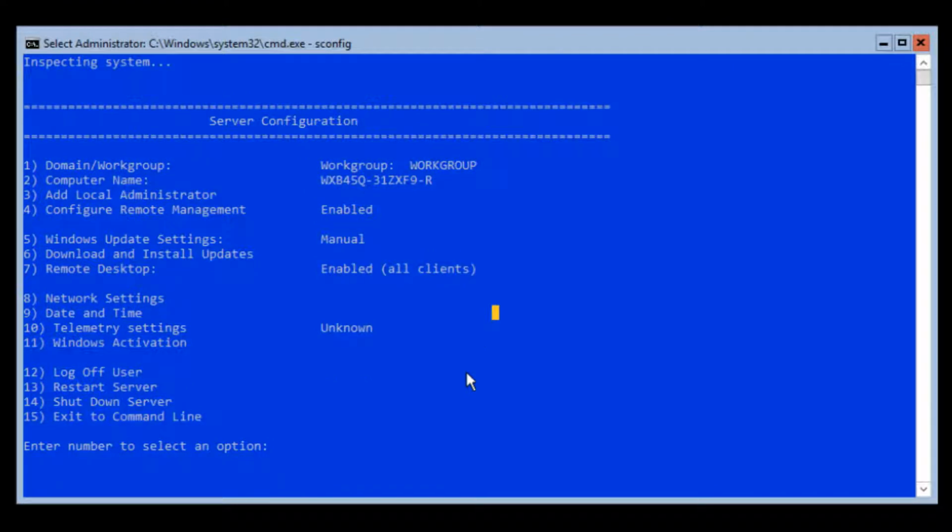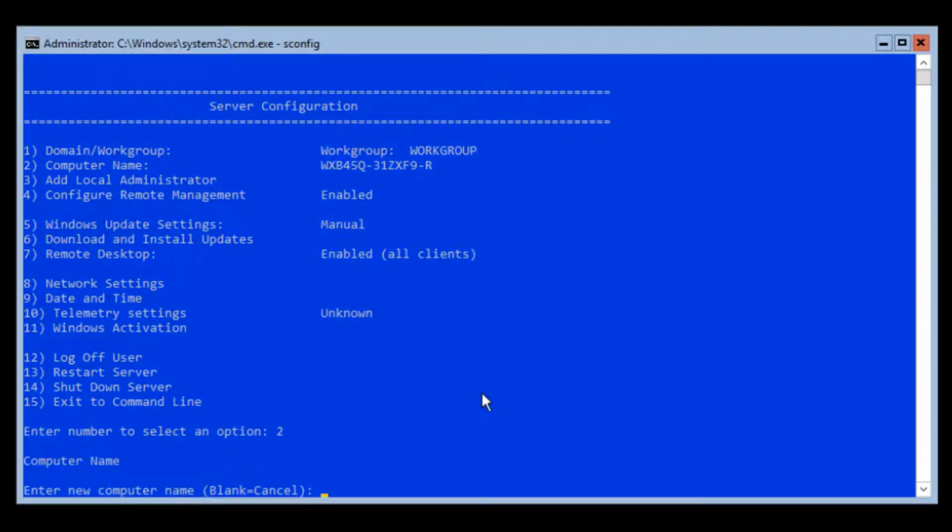To do that, we'll just use sconfig, and in sconfig, I'm going to choose option 2 for the computer name. And I'm going to call this mail 2019 core